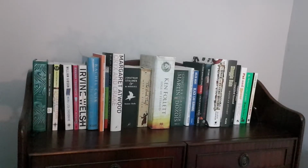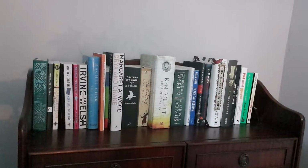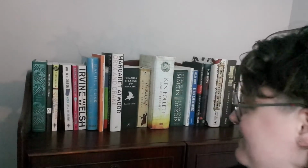So this is the sort of TBR-ish sort of situation. Some of the books that I've already read and I've just sort of made my partner read them, or to be read them. And yeah, some of them are brand new books as well. First, I want to mention